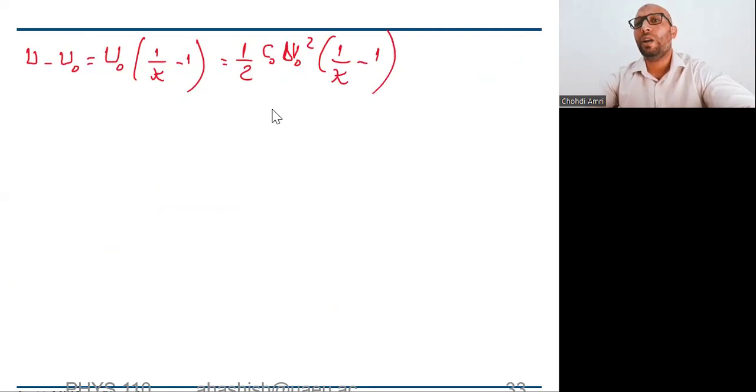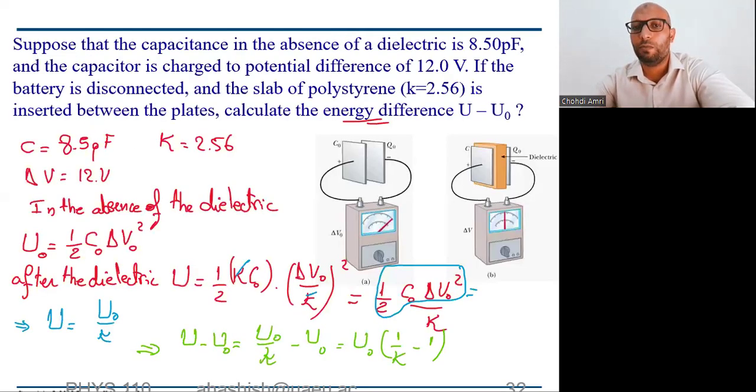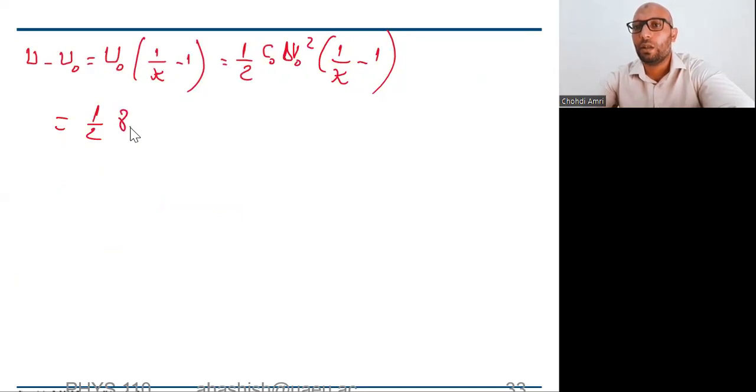That's all. Or you can calculate the energy before alone and then the energy after alone, and then calculate the difference between them. So I prefer it like that. So it's going to be half of C. How much? C naught is 8.5 picofarad,